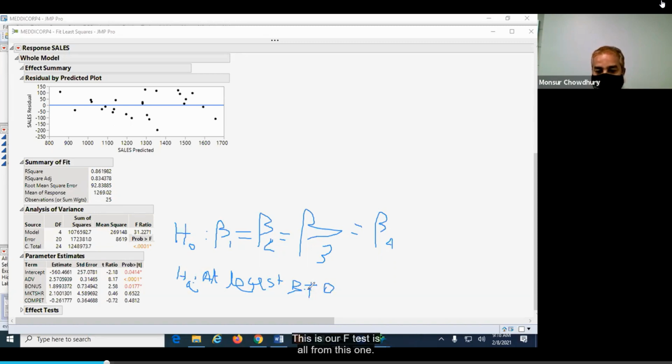So this is our F test result from this one. Now the question is, are we going to do this test? No. This is called the overall model test, this F ratio. But in our case, our null hypothesis is different. Is it clear what I am saying here? Now the question is, how can we get our F ratio for our case? This is the overall model with all these 4 parameters, but in our case, we are not looking for this one. So you have to understand this part. We can make it clear maybe.